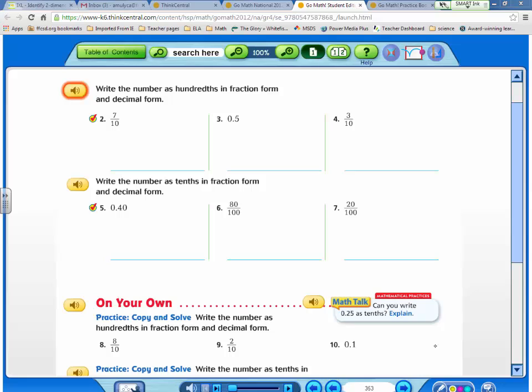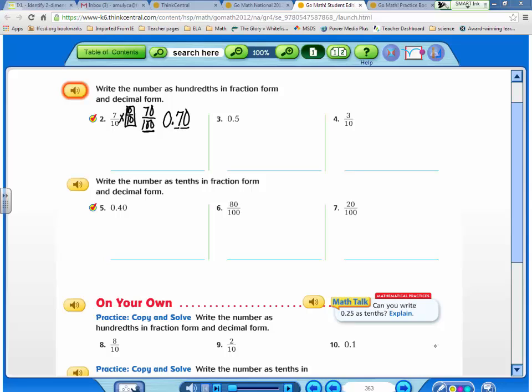So if I want to change 7/10 to hundredths, I would multiply by a form of 1, 10 over 10. So 10 times 10 is 100, and that brings me right to hundredths, and 7 times 10 is 70. So 70 hundredths written as a decimal is 0.70. Remember, if I want a decimal in the hundredths place, there are 2 zeros in hundred, so I need